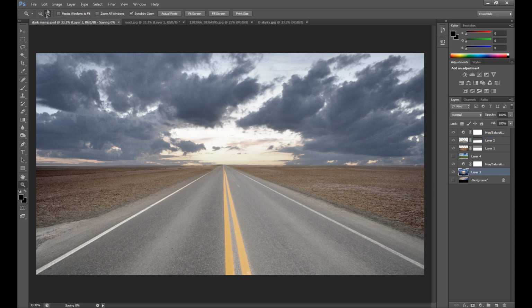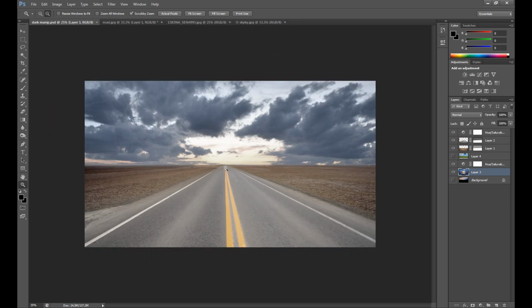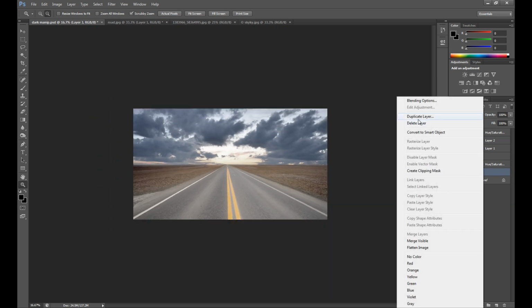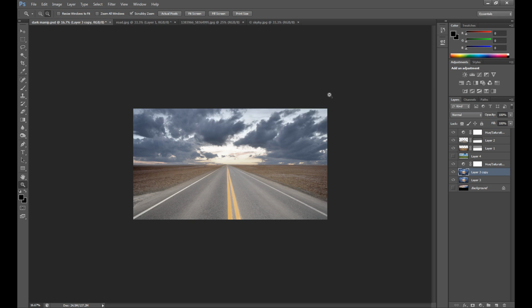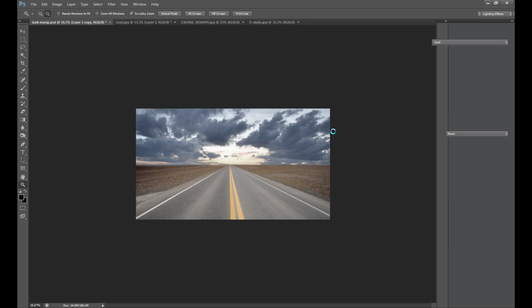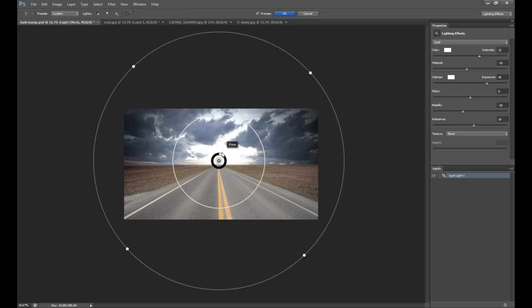And now I decided to add some lighting effects, so at first I make it a little smaller because it's easier to edit the lighting effects. Then duplicate this sky image, go to filter, render, and click lighting effects. Of course you can move this ring